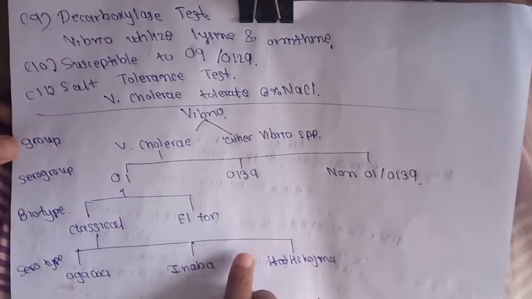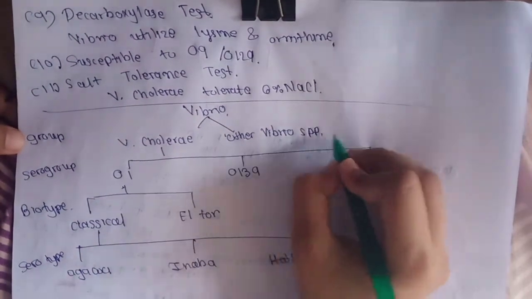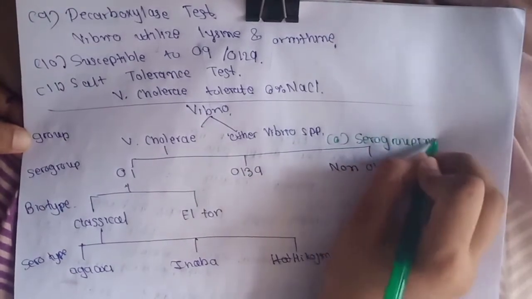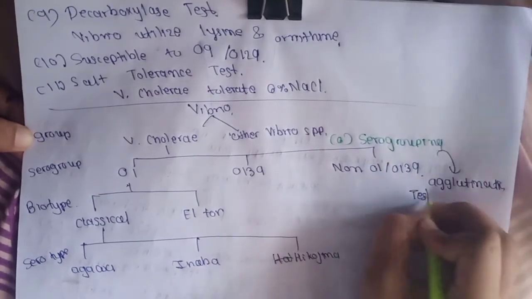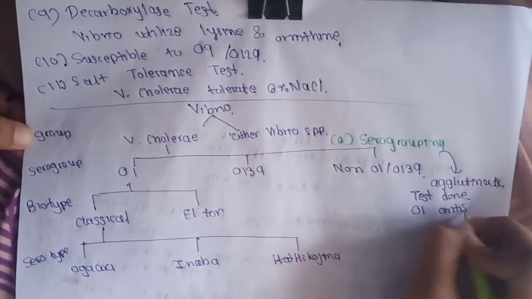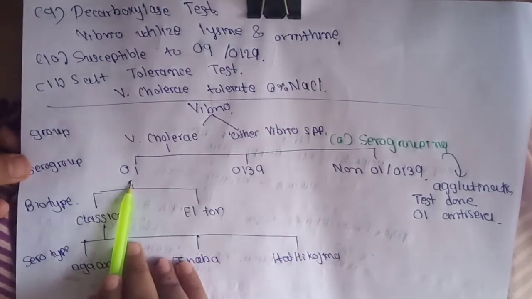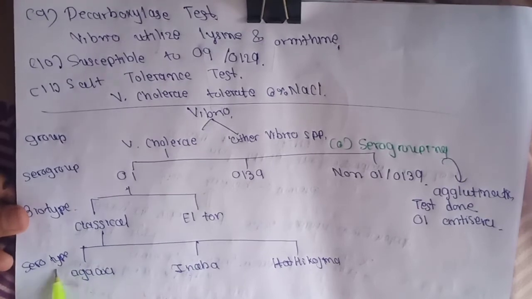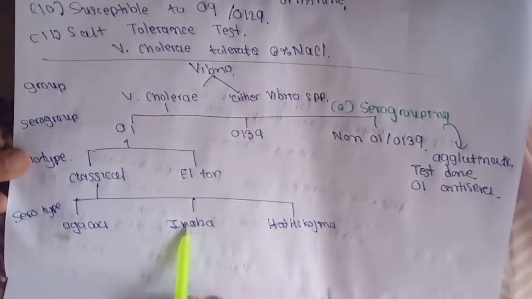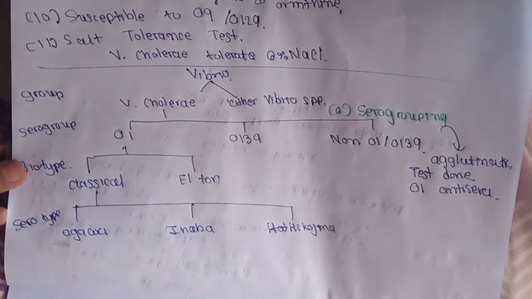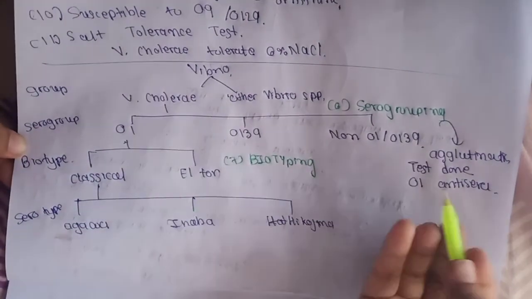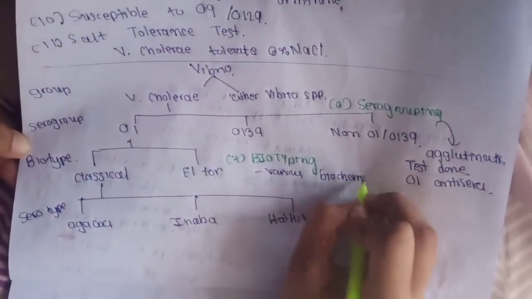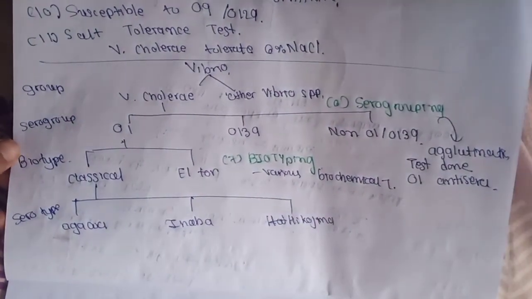Now our sixth method is serogrouping. In this method, species identification is confirmed by the agglutination test, and this agglutination test is done on the slide with V. cholerae polyvalent O1 antisera. If the O1 sera is agglutinated, then we will do serotyping. If it shows positive with Ogawa, Inaba or Hikojima, from these we will decide the serotyping of Vibrio cholerae. Now the seventh is biotyping. Classical and El Tor is differentiated by various biochemical tests. I hope that makes sense to you.